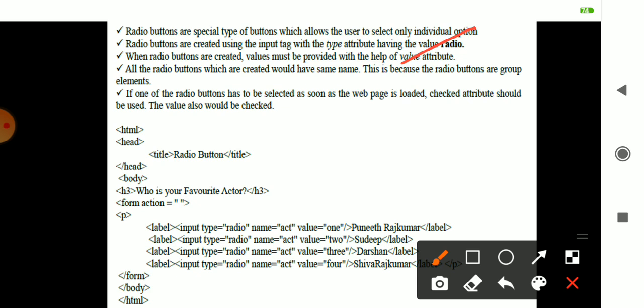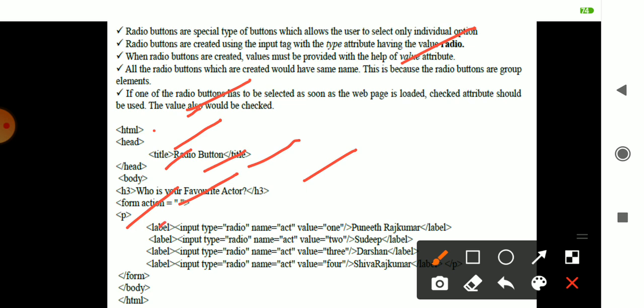And the attribute, how it is being used through the help of the radio button keyword. Okay, so we have HTML head, radio button, title, head close, body. In that heading you are taking 'who is your favorite actor', and you are opening the form. Action is not specified here, and a paragraph is being opened.